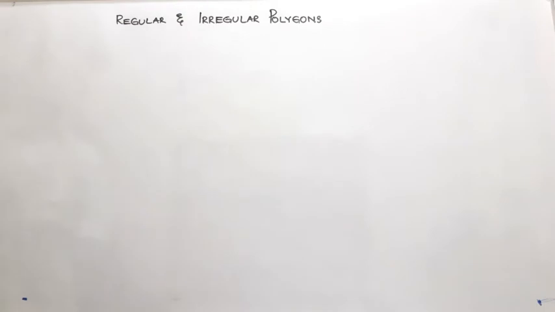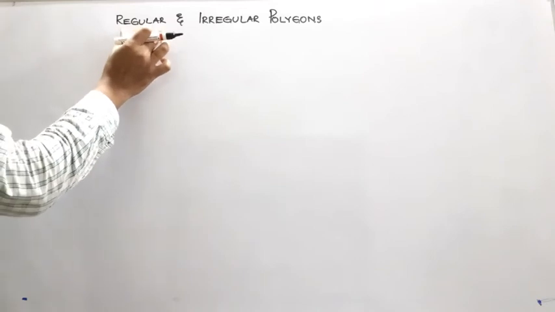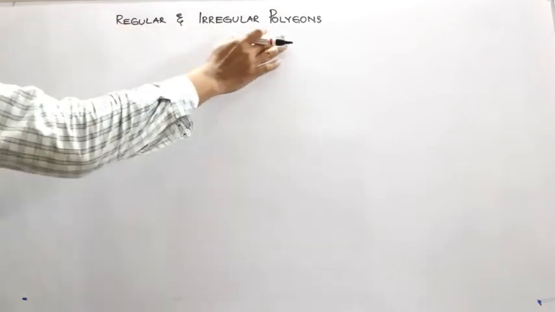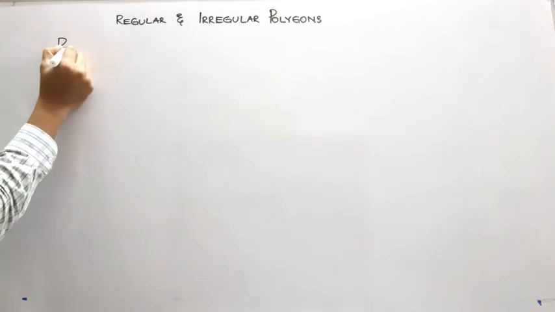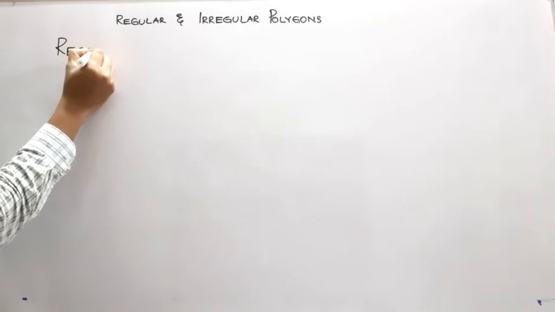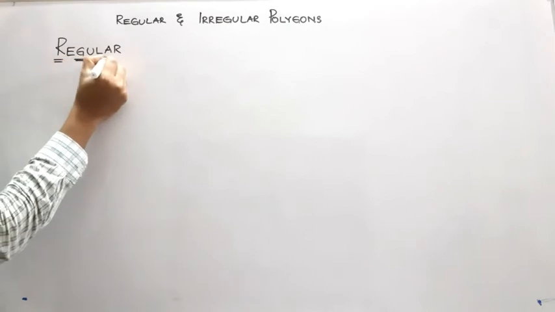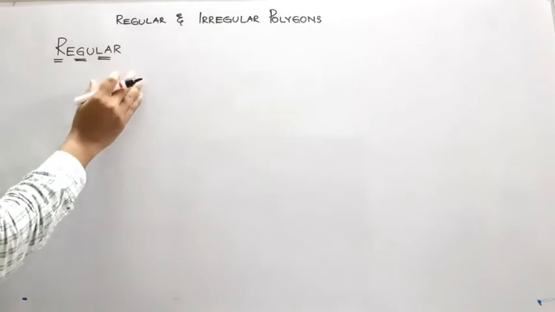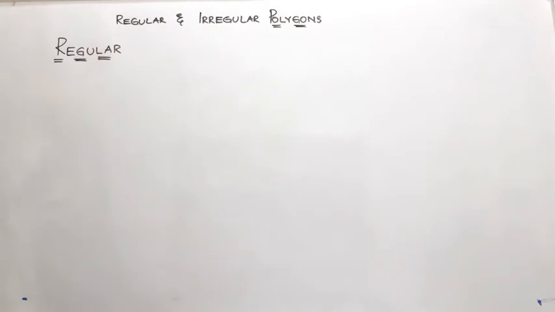So, as the next concept of our chapter 3, we are going to discuss the difference between a regular and irregular polygon. Okay? A very easy concept, and this is the concept which you have been looking at since your 6th class. First, I want to discuss a regular polygon, because the opposite of regular is going to be the irregular polygon. I think you are quite clear with the term polygon. This is the one we have been discussing for so many days.